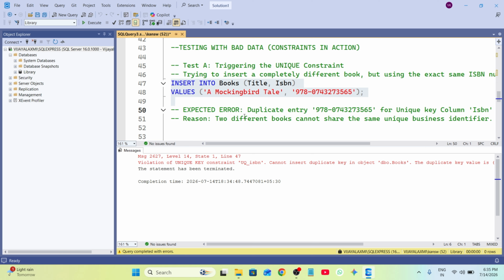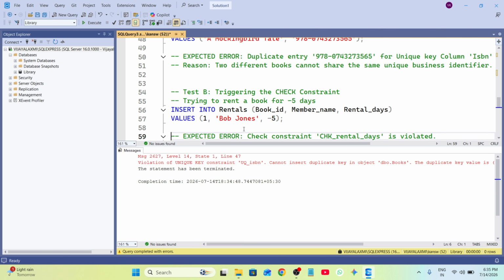Now, let's see the check constraint. So here we are trying to rent a book for negative days. So here we will get the check constraint error because the condition is that the rental days should be greater than 0 and no negative values will be applied to this column. So here we will get the check constraint error. So let's insert it